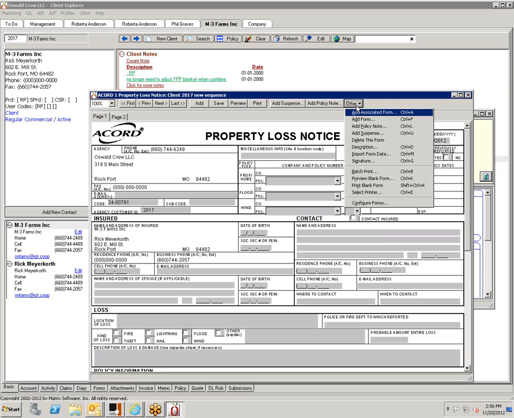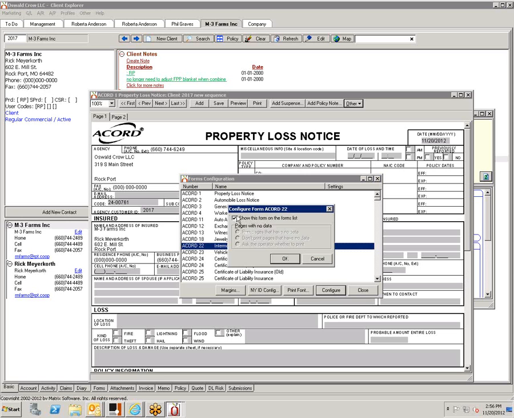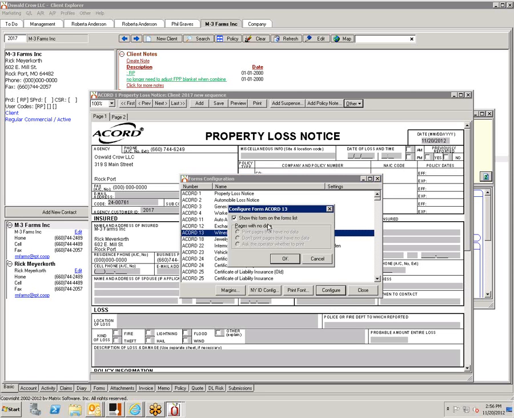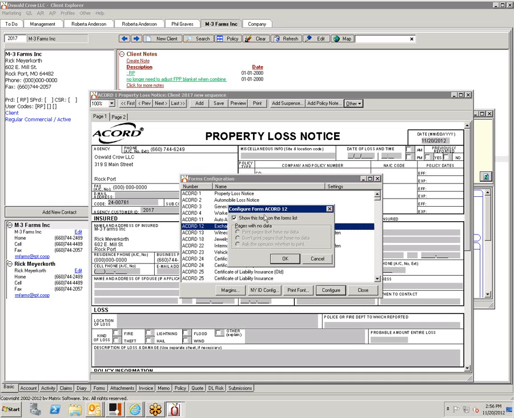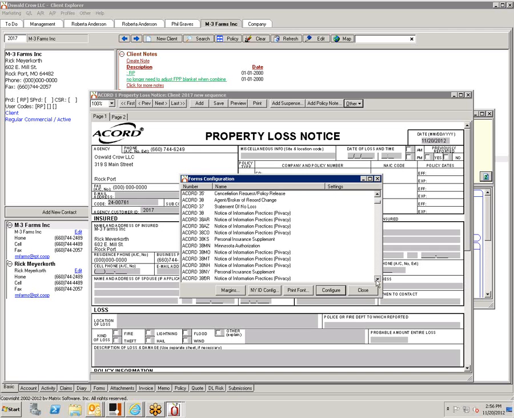Then you go back up to the word Other, and you go down to Configure Forms. It brings up the list again. All you do is highlight the ones that you want to hide. You just highlight it and configure and uncheck it. Okay. Then you could just go to the next one, and it hides them. This is something that you can do post-live. Okay. And it will take off all these forms that are in states that you don't write business. Okay. It would pare it down considerably.